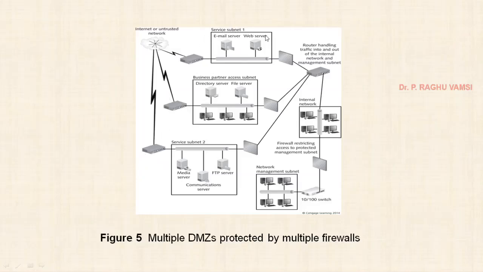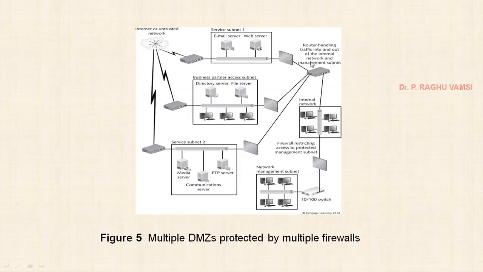This is one DMZ, and the business partner access subnet, where we will be having the directory servers, file servers, and all. And the service subnet, where we will be having another kind of DMZ. Again, from this, an outer firewall is attached, and to the business partner access subnet one outer firewall is attached. To the services subnet one outer firewall is attached, and again from all these firewalls a connection is going to